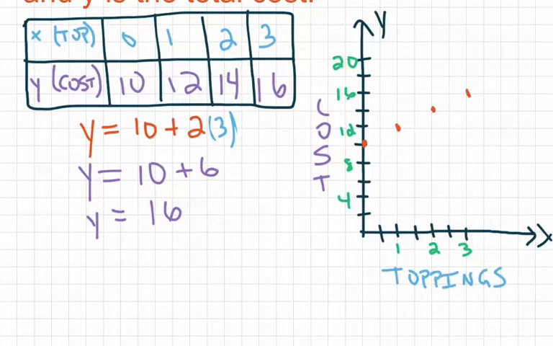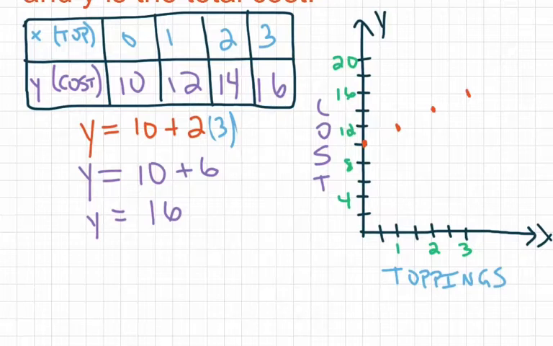And now here's the tricky thing about some real world situations. Up until this point we've been drawing lines, right? But for this problem we're actually not going to draw a line. The reason for that is, if you think about it, a line represents all the possible values in between the points that we have plotted. So if we were to draw a line here, that would say that we could get fractions or decimal parts of toppings. And while in this situation it might break down a little bit because you can maybe order a topping on half the pizza or something like that,